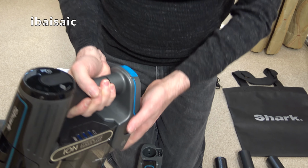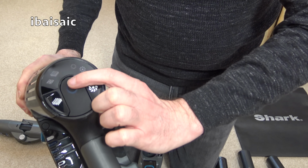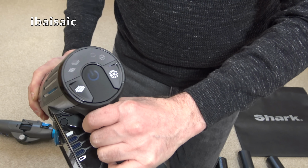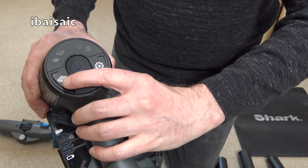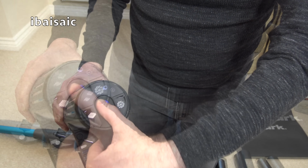I've fitted the battery. Here are the controls on the back. You've got a mains on button, and with this model you don't have to keep your finger on it. You just press it once and the cleaner stays on. You've also got settings for carpets and hard floors using this button here, and you've also got a boost. So if I turn it on,